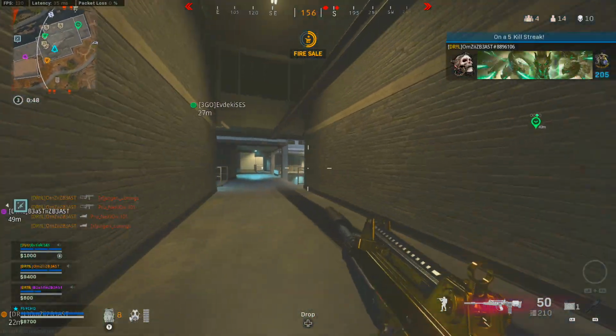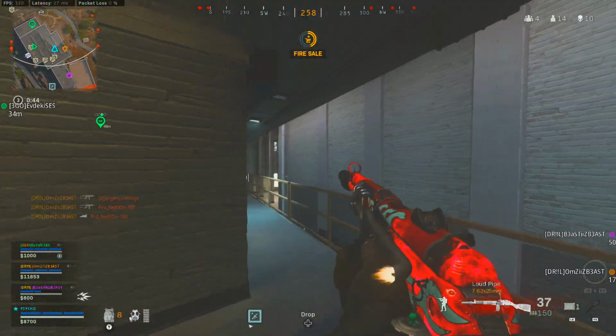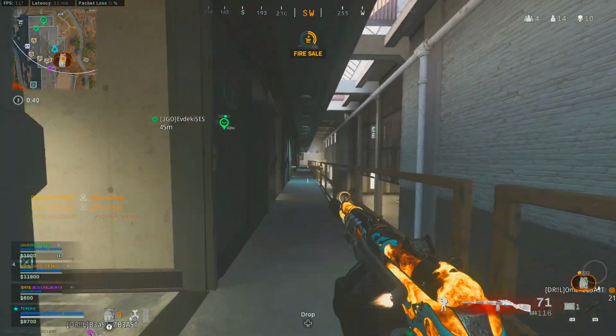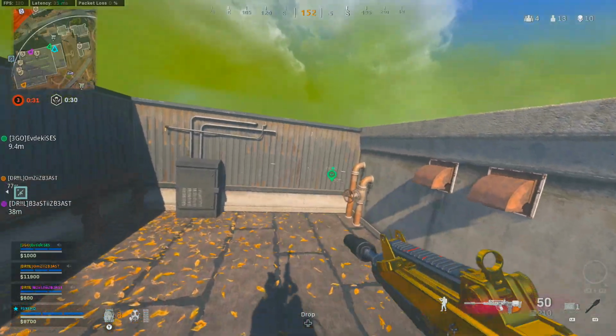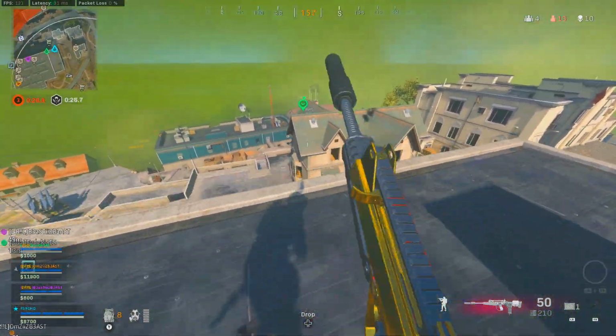His ADS was way too slow, but it just shows that the FFAR is still being used a lot inside Warzone, and that is because it's still a great close range option. So now I've got 2 close range weapons, and we're trying to figure out where the rest of the enemy players are. So we're on the rooftop now, near endgame, and this clip shows perfectly why the FFAR is so